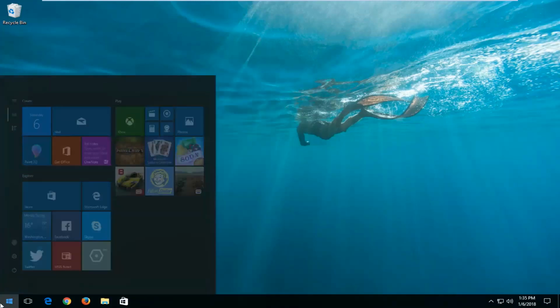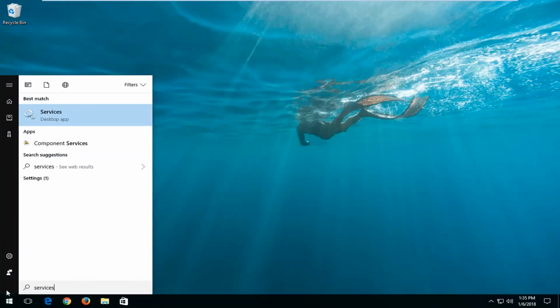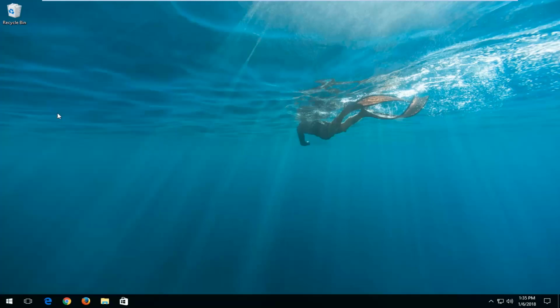Now something else I would also consider, again all of this is completely optional, but it would be to head over to the start menu and type in services here. Best match should say services. If you left click on that,